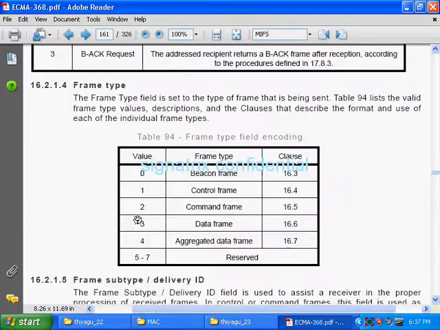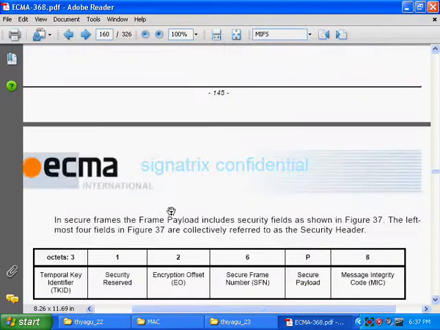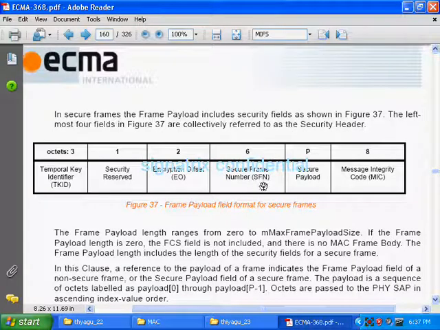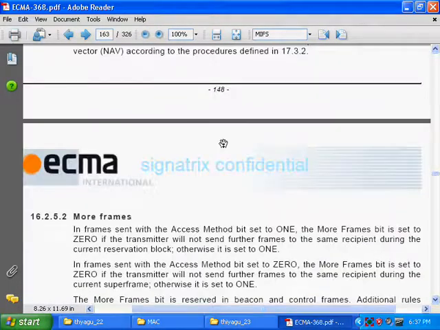Now we'll come back to the normal definitions. Next is the secure frame number. Each frame will have a frame number, with a width of 6 bytes. Next, the secure payload. As I told earlier, here only the raw wireless USB data will come. At last we have the message integrity code.